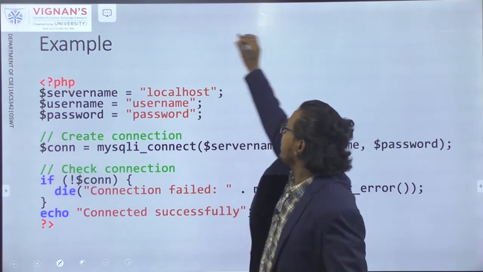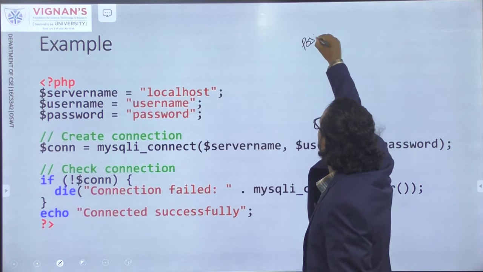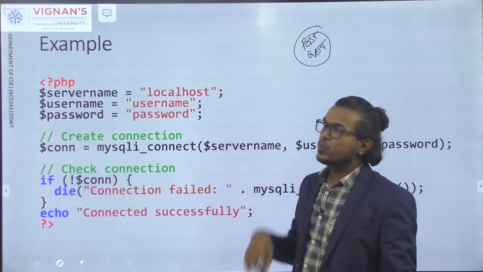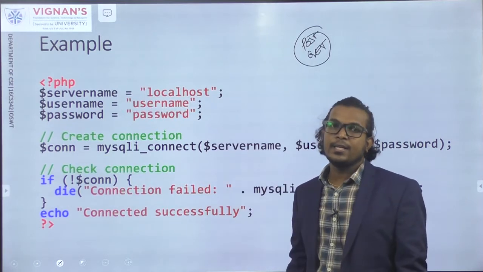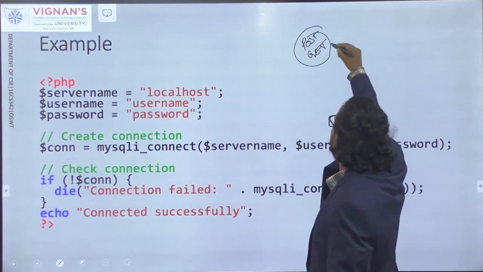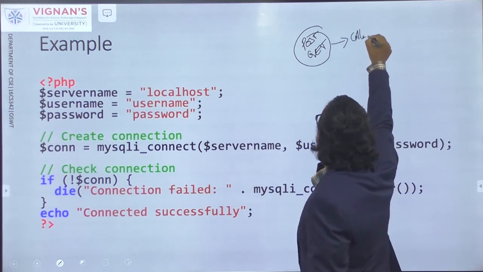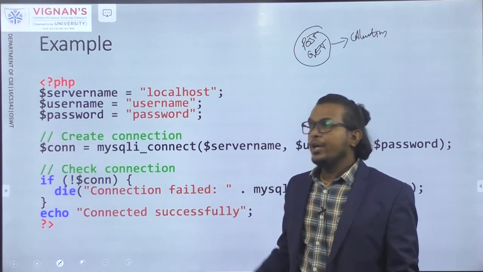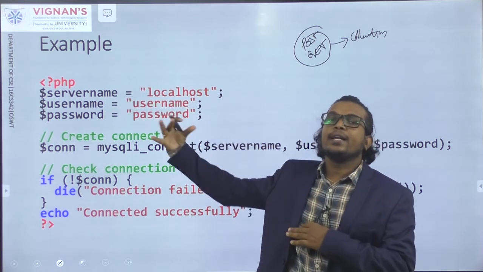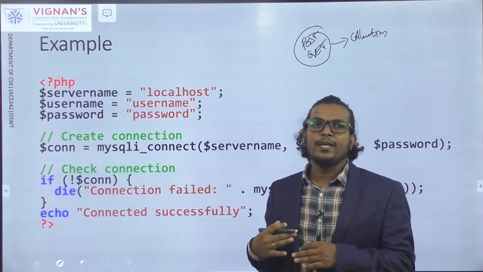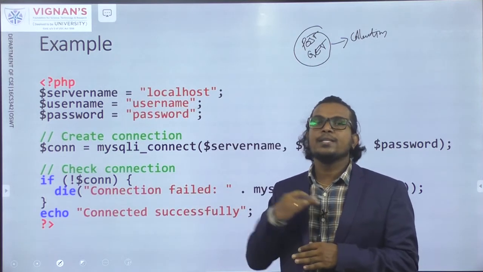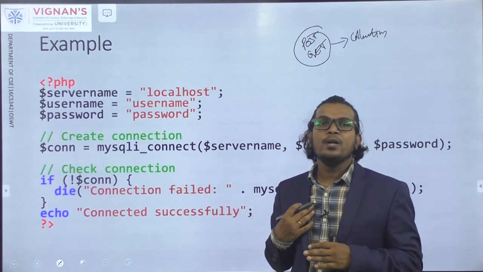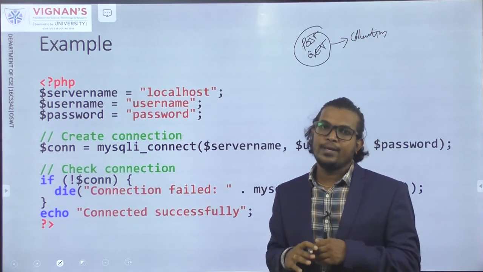Okay, so with the help of the post and get methods, we are collecting the user information and posting it in some other page. Now we'll see how to connect with the database. With the help of PHP, how to establish communication between your database and your registration page or your web page.